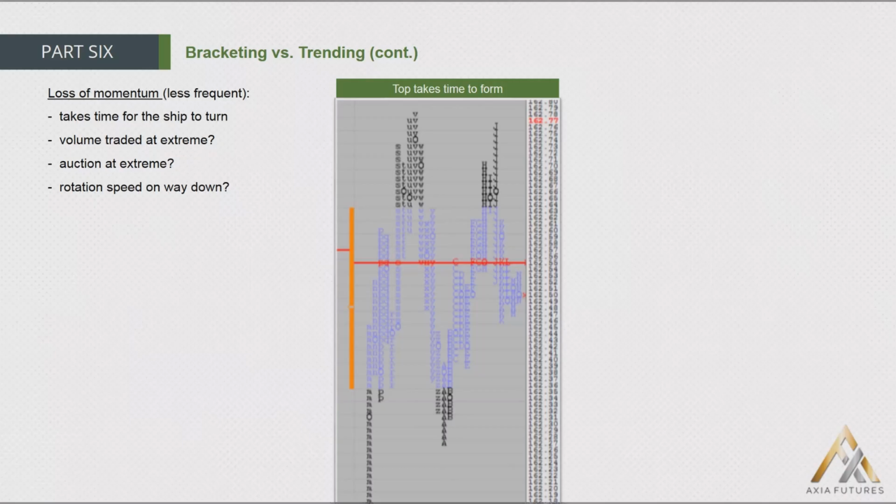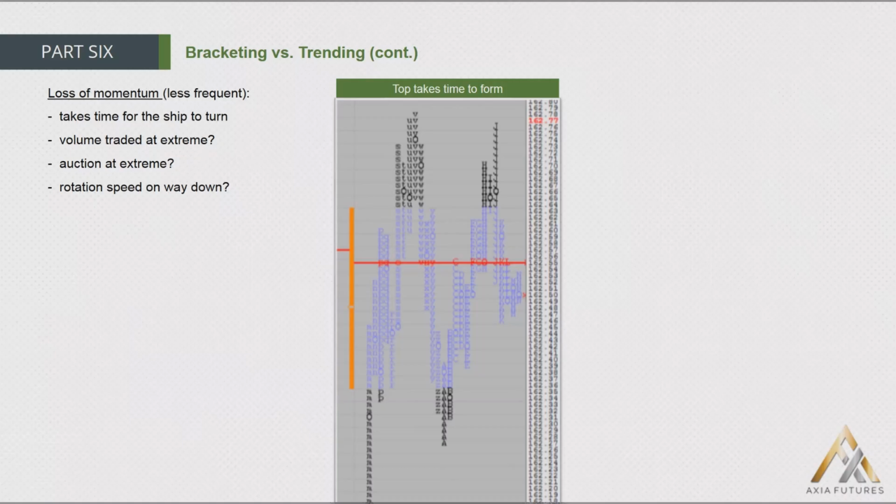And lastly, the rotation and the speed on the way down. Remember what I said to you. As these buyers run into responsive sellers at higher prices, if those responsive sellers turn and become initiative sellers, the market will very quickly reverse what it did on the upside. So the mere fact that we have almost a slowish type reversal, and again a retest, is very suggestive that whilst there was a little bit of initiative taken from the sellers,